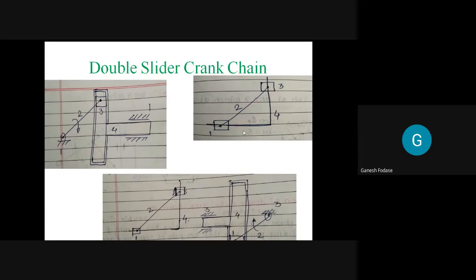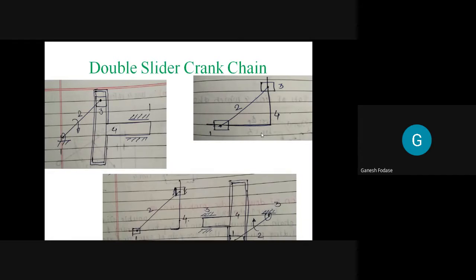If you consider link number 4, it acts like a guide or frame, and this link 4 will form a prismatic pair, or you can say sliding pair, with link number 1 and 3. So you can see here, link number 1 will form a prismatic pair with link number 4. At the same time, link number 3 also forms a prismatic pair with link number 4. In short, link number 4 forms prismatic pairs with 1 and 3, while link 2 will form turning pairs with 1 and 3. So I told you which are the 4 different links and which pairs are formed here. I hope it is clear to all.